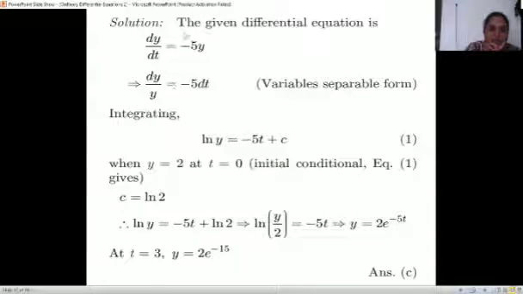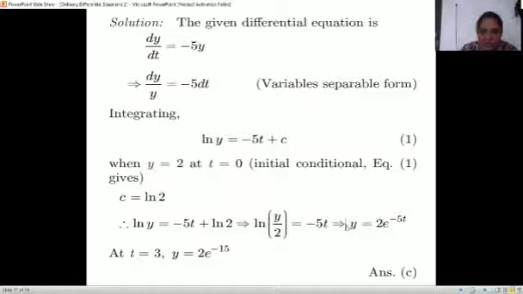They have solved it by variable separable method. So separating both the variables, y with y and t with t, we integrate them, we get log y is equal to minus 5t plus c. But it is given initial condition at t is 0, y is 2. So we get c is ln 2. Therefore, ln y is minus 5t plus ln 2. That is ln y by 2 is minus 5t. And if we want to remove that log, we write e raised to power on both sides. That's why we are getting y by 2 is e raised to minus 5t. And finally that 2 is also we are shifting to the right hand side.